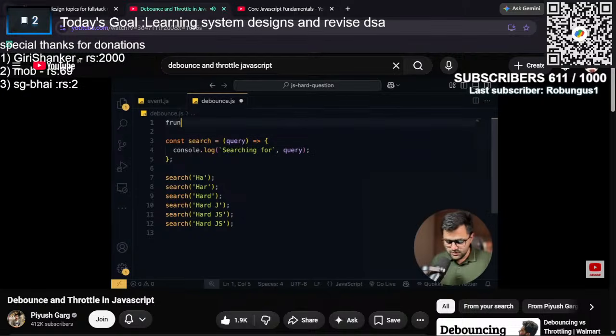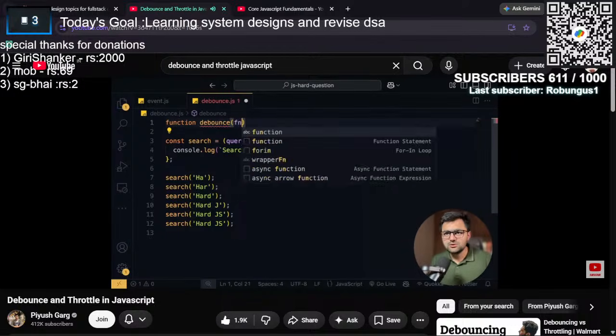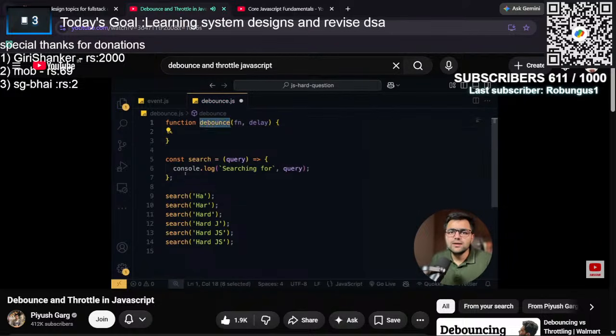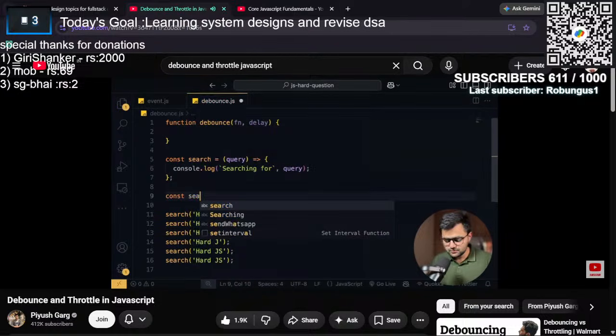तो मुझे इस सर्च का एक डिबाउंस्ड वर्जन चाहिए, तो मैं क्या करूँगा, चलो मैं एक फंक्शन बनाता हूँ डिबाउंस। तुम मेरे को पहले तो फंक्शन दो किसको डिबाउंस करना है, और इसमें तुम मुझे डिले दो कितने सेकंड के बाद ये कॉल होना चाहिए। तो मेरा मोटिव क्या है कि मैं यहाँ पर सर्च विद डिबाउंस ऐसे बना लूँ।